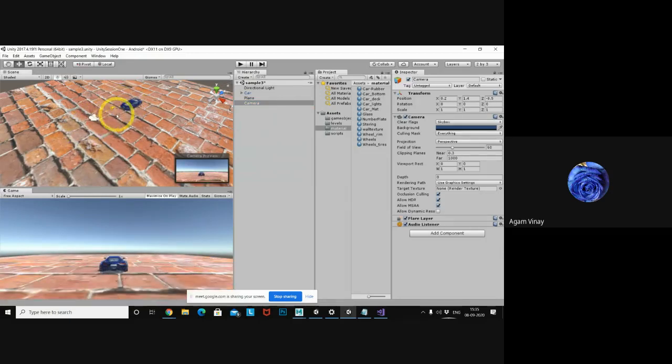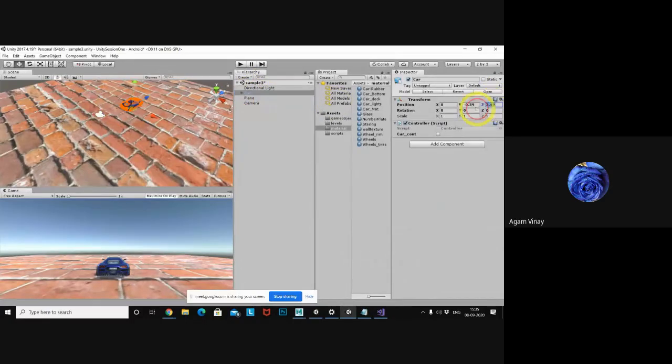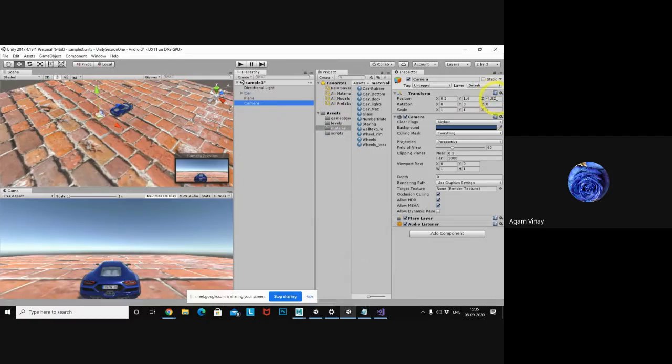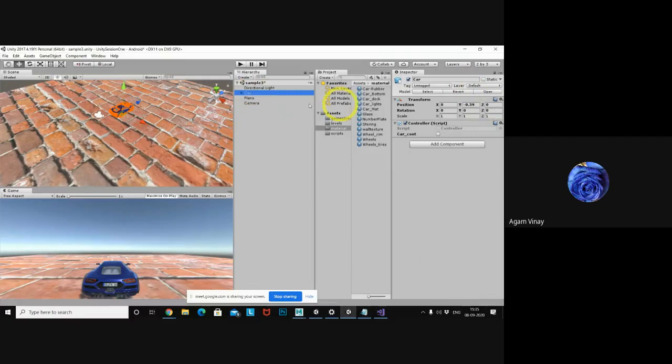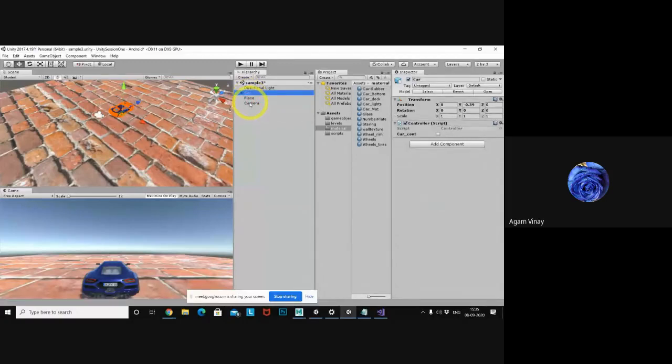So that means you have to access the camera transform. You need a little bit of calculation, like car values. Let's say car z value is 0 and the camera z value is -4. So -5 is the distance from car to camera.